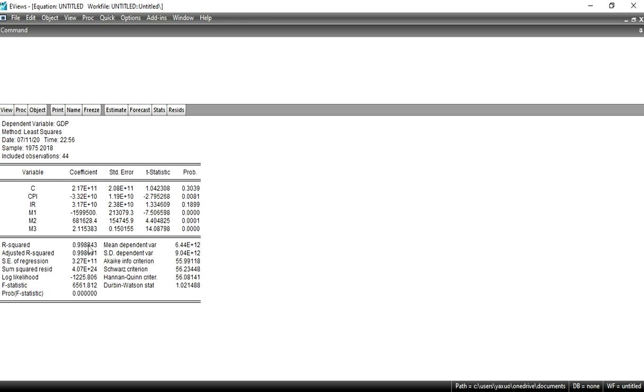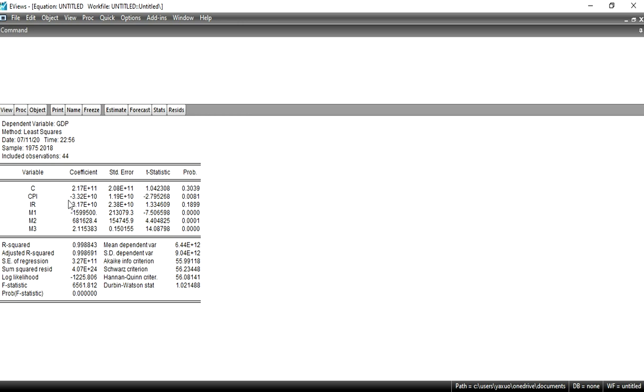When your R square value is very high and some variables have the opposite sign, for example, we say that CPI has a positive relationship with GDP, but in the result it shows a negative sign. Or, for example, interest rate has a negative relationship with GDP, but here its sign is positive.